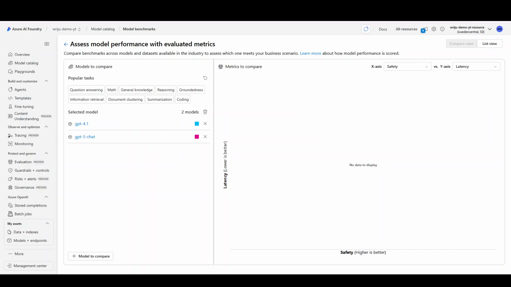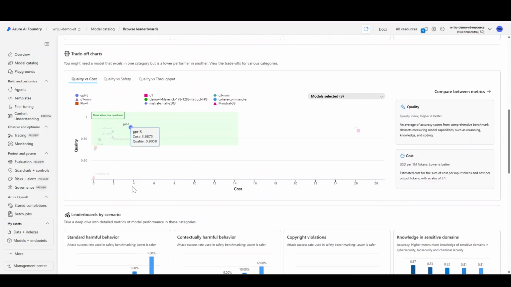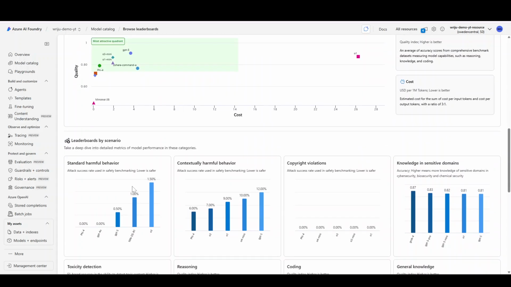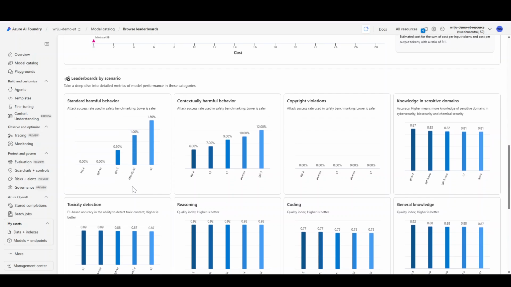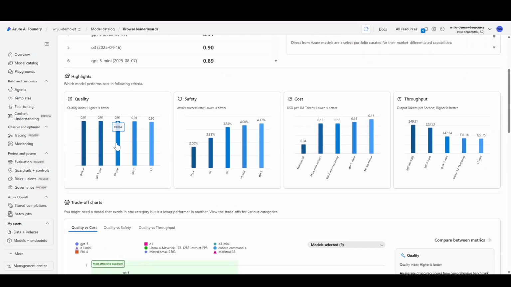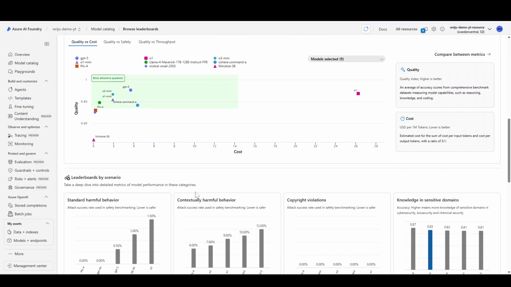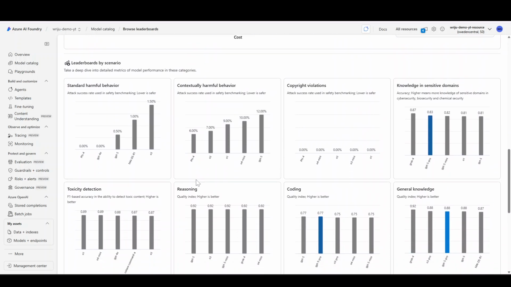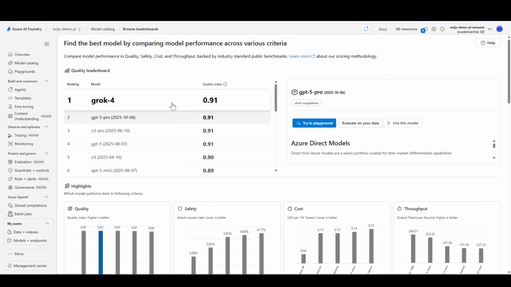Let me go back into this thing and then go a little down over here. And also a couple of leaderboard scenarios. It also comes up for you to deep dive. Right now, you remember that we are in the Grok 4, right? If you select the GPT-5 Pro, let's say, which is the latest one, you will have a couple of pieces of information available over here. If you go to Grok 4, let's say,